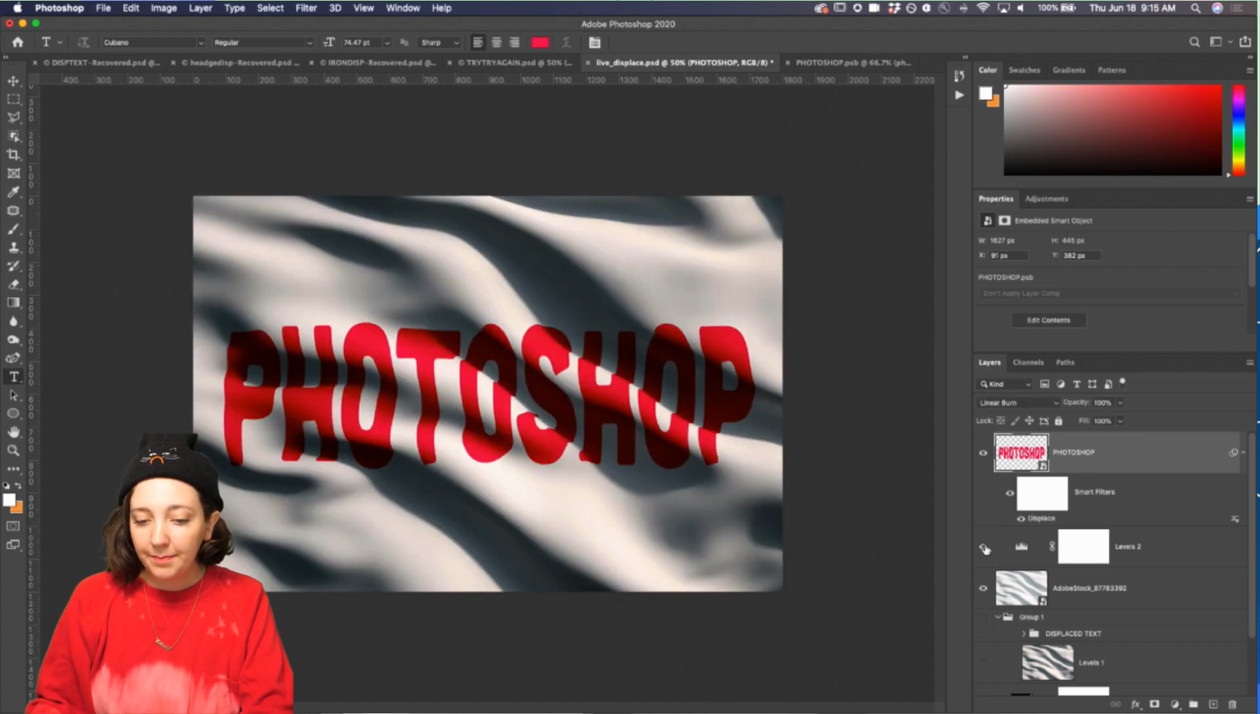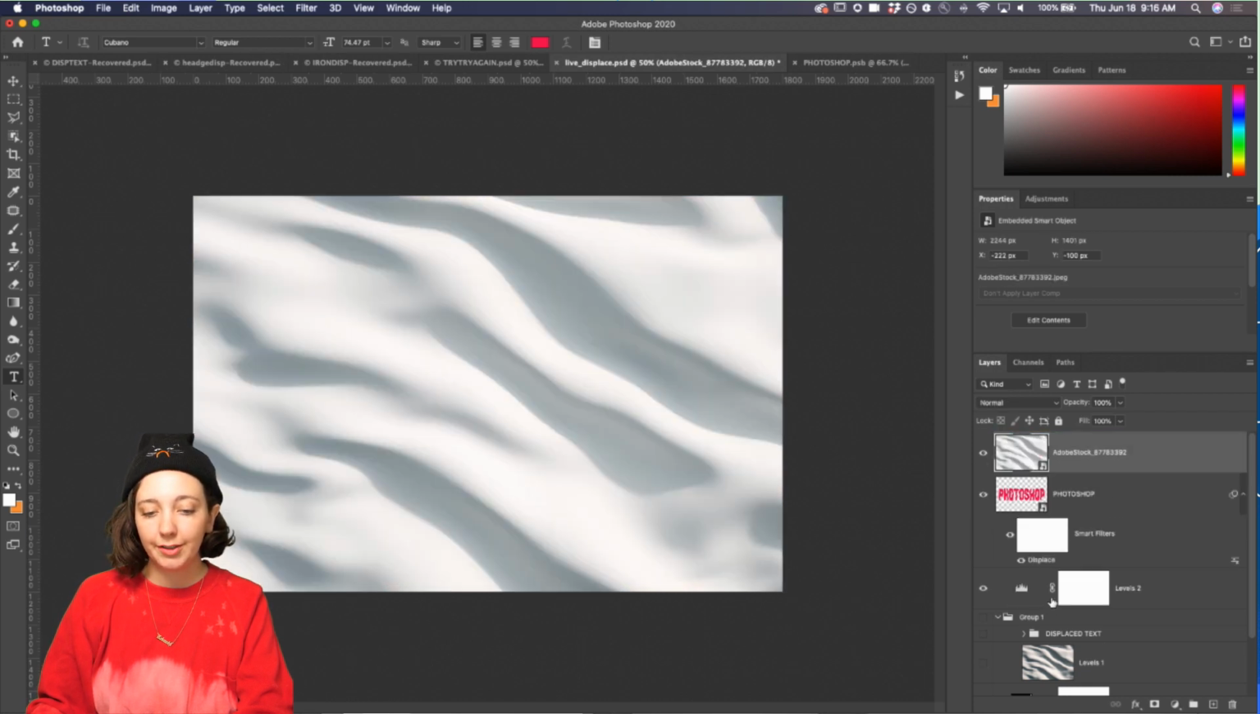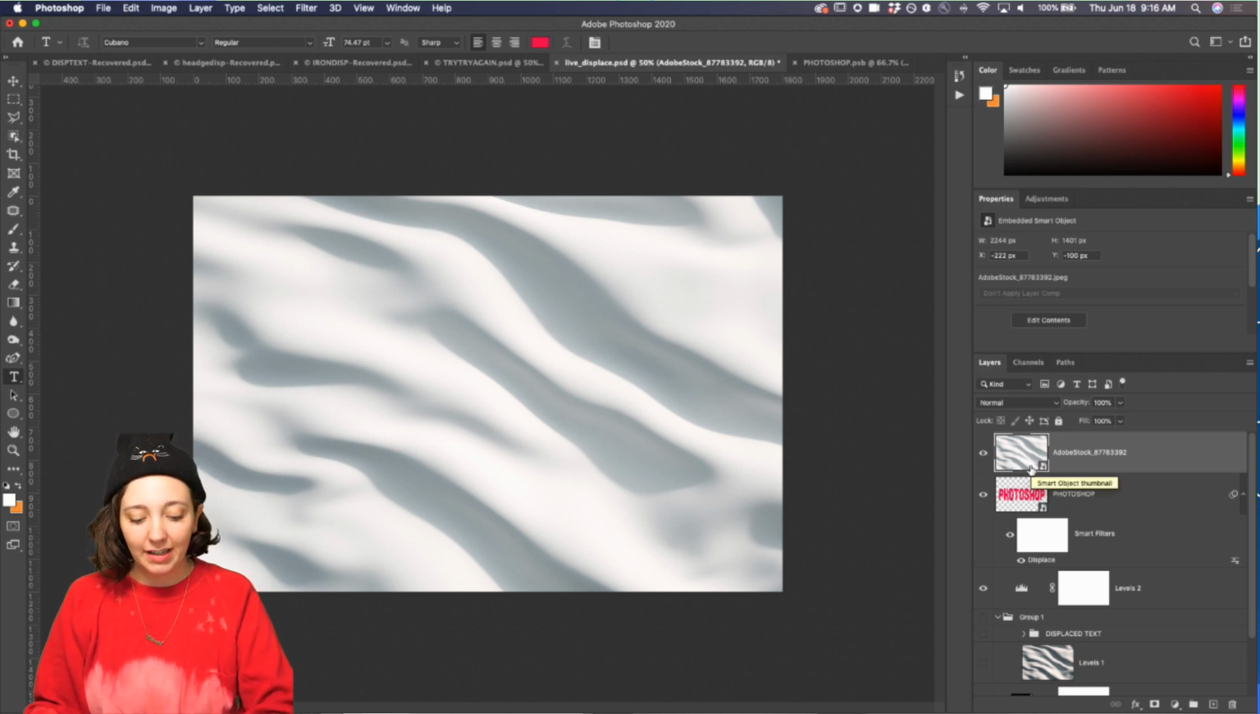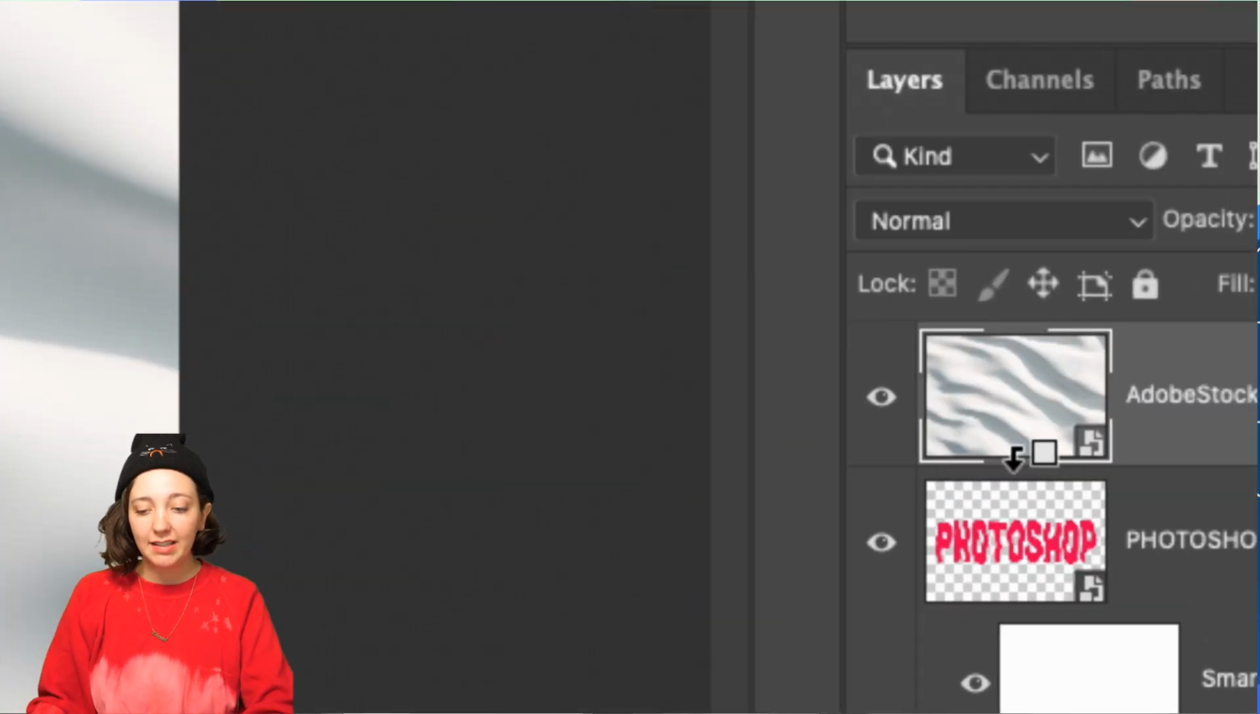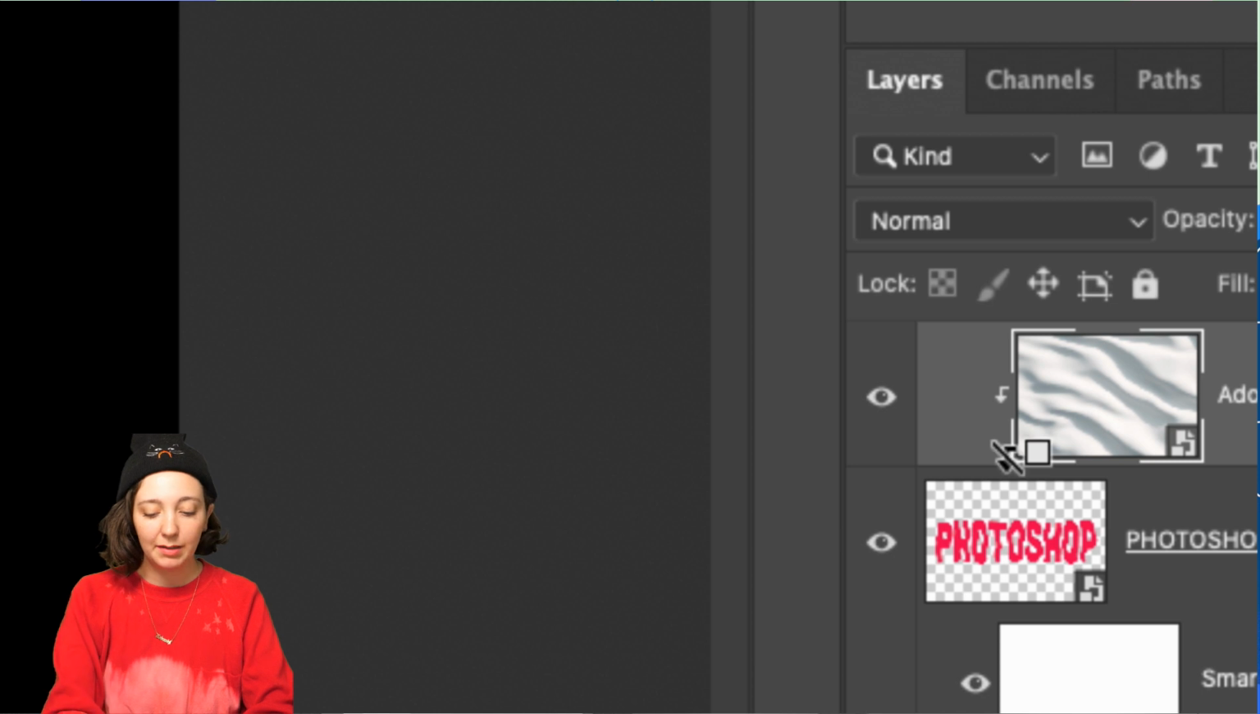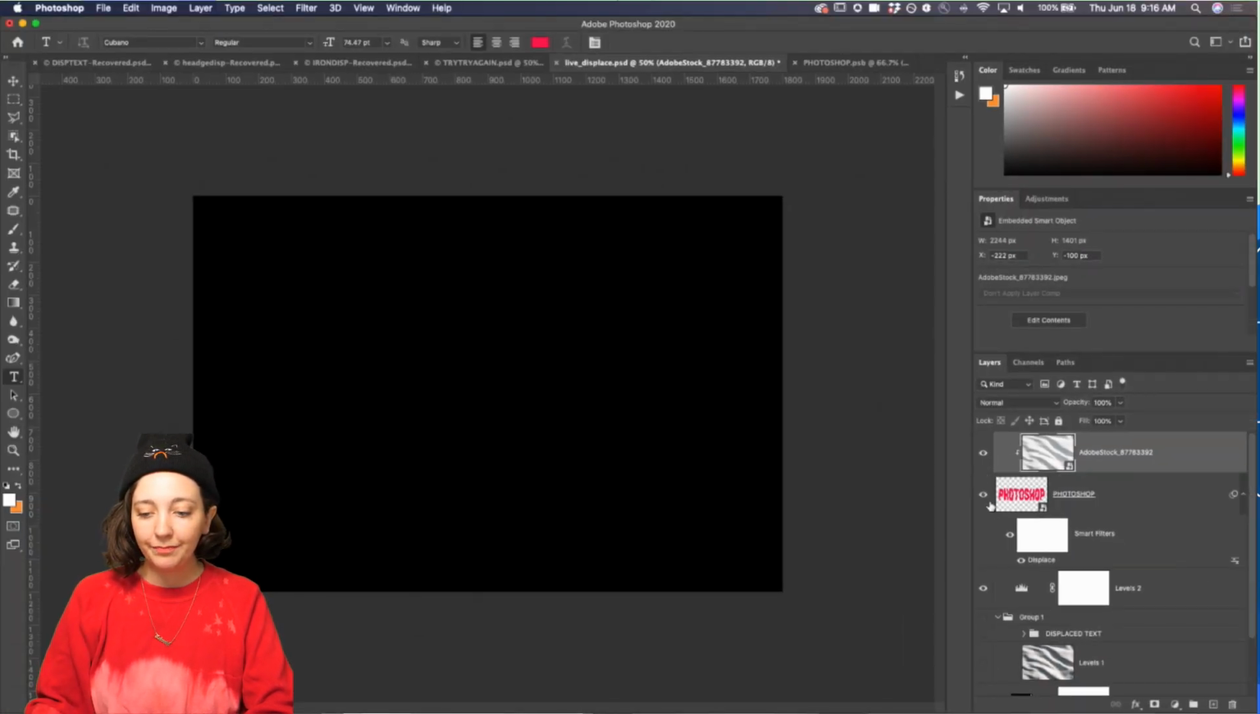So here we go. We have our word. All we're gonna do is drag our background layer on top. So there we go. And then we're gonna just do a clipping mask. We've done clipping masks multiple times in the last couple days. So we're going to hover in between our two layers, click to clip it, and